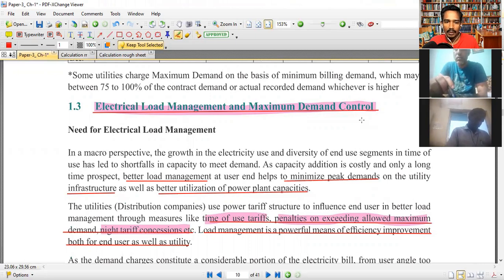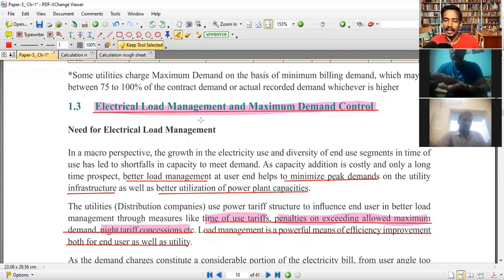Can you know, Ganguly, this one, electrical load management? Yes, sir. Means how much load is used by the, what can I say? Mm,